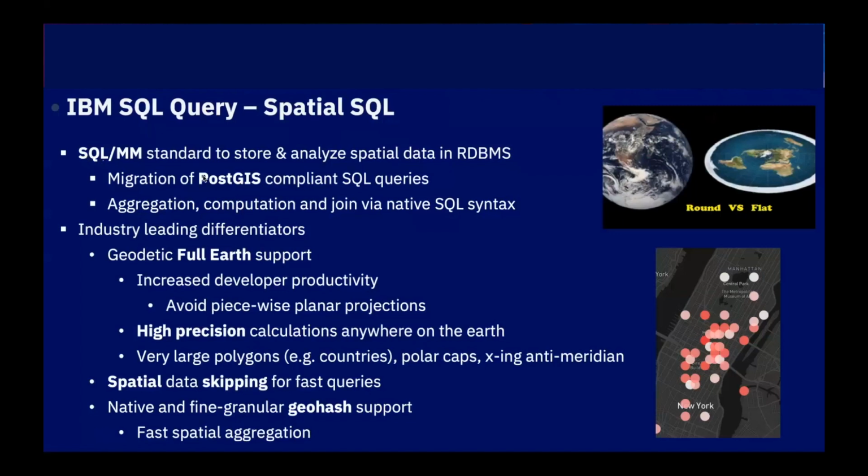But we have implemented it with a so-called full Earth system, while most of the databases out there today have implemented PostGIS in a way that projects data to a flat Earth model, a two-dimensional system. All the computations in our spatial library are based on the round Earth projection, which means we have much more precision. We don't have these artifacts of projection, especially if you're going to the poles, like in oil drilling and these kinds of things, where very often close to the poles this matters a lot for precision.